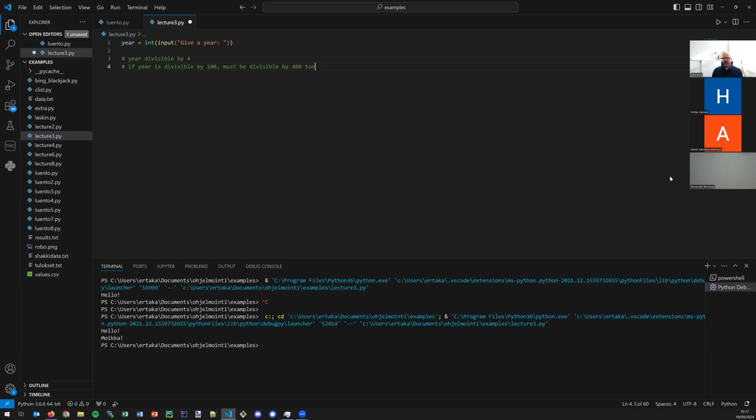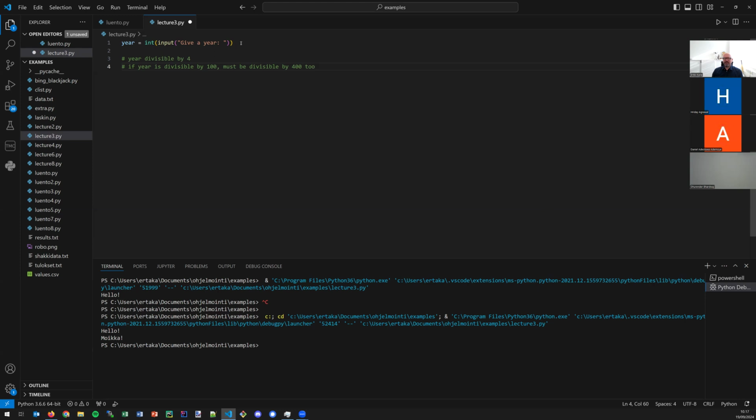And I think a common problem with this one is that when you have these rules, you start implementing them one at a time, starting by if it's divisible by 4, and that's not going to work. There's a previous exercise in part 1 that describes how to check for a leap year, which should help you with this one. But just to give you a hint for this one, if you start